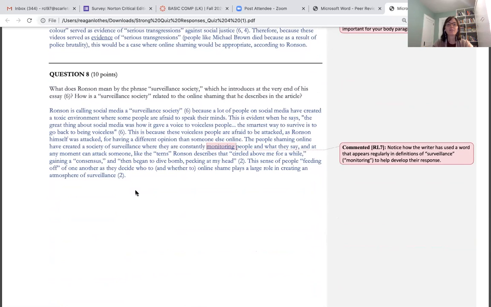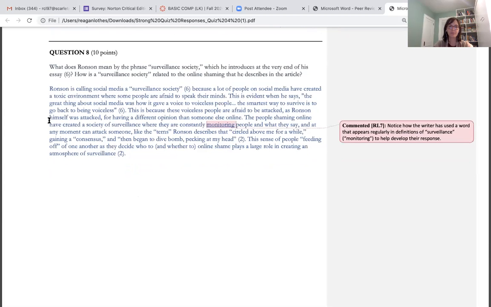So what does Ronson mean by the phrase surveillance society, which he introduces at the very end of his essay? And how is the surveillance society related to the online shaming that he describes in the article? Surveillance society is a really important key term for him, even though he only introduces it at the very end. So basically we have to work backwards